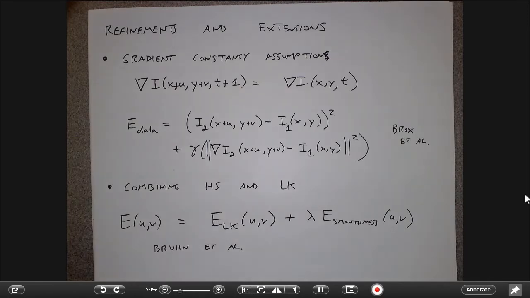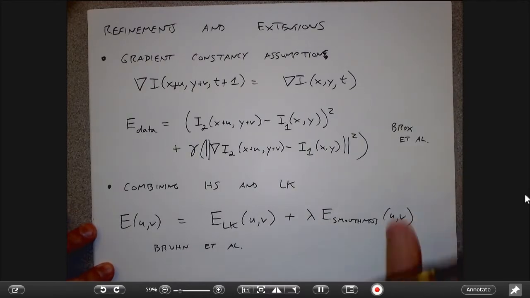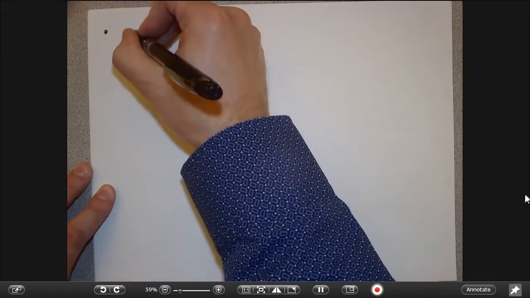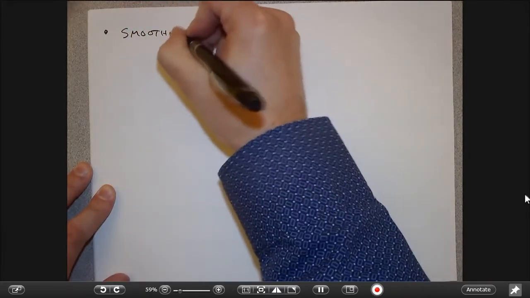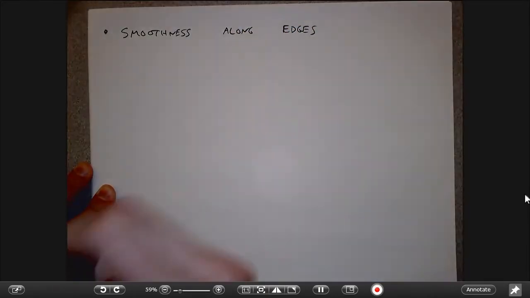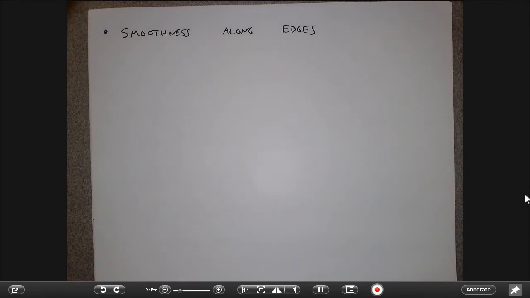Another thing that you can do to make things a little better is, so the smoothness assumption is valid almost everywhere, right? That is, in the middles of foreground objects, in the middle of background objects, you want to enforce that kind of smoothness, but you don't want to enforce it across foreground to background boundaries, okay? And so, one thing that you can do to modify the smoothness assumption is to say, okay, I don't want to smudge the optical flow across edges that could